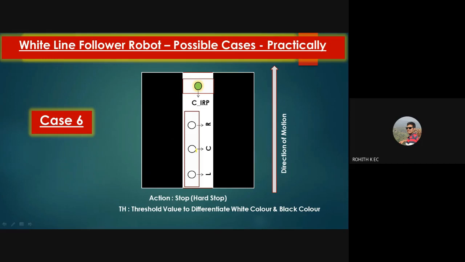Yes, you can rotate and you can go backwards. Again, that depends on our application. In our application, we want our robot to go forward. And if this scenario is detected, we will just stop our robot. We can also rotate it rightwards and we can go. That is also a possibility, but here we are going to stop it. And to detect this, L, C, R will all be less than TH.